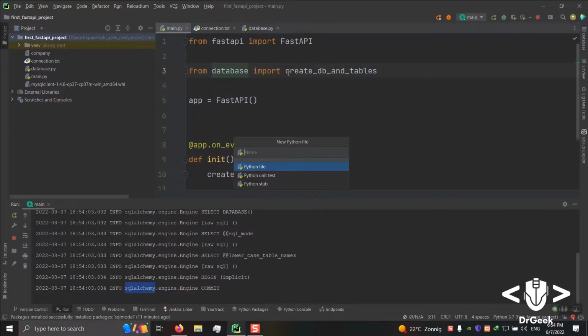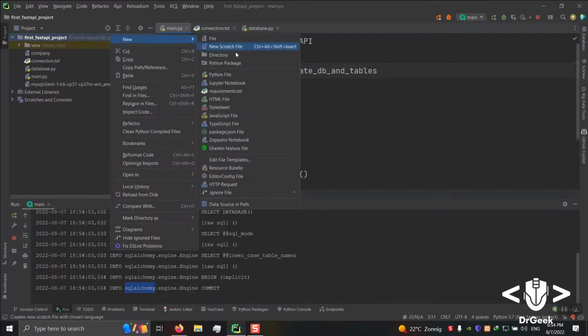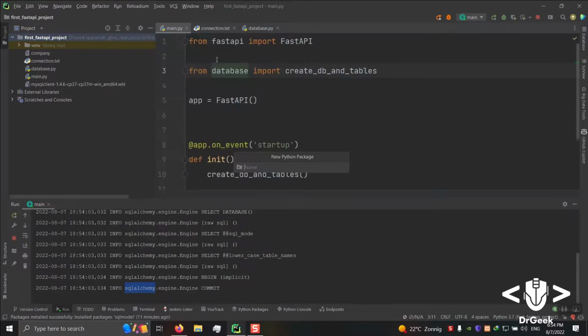I'm going to build, and you can, by the way, build a Python package here. You know, build a Python file with an __init__ file in the folder in your directory, and I'm going to name this models.